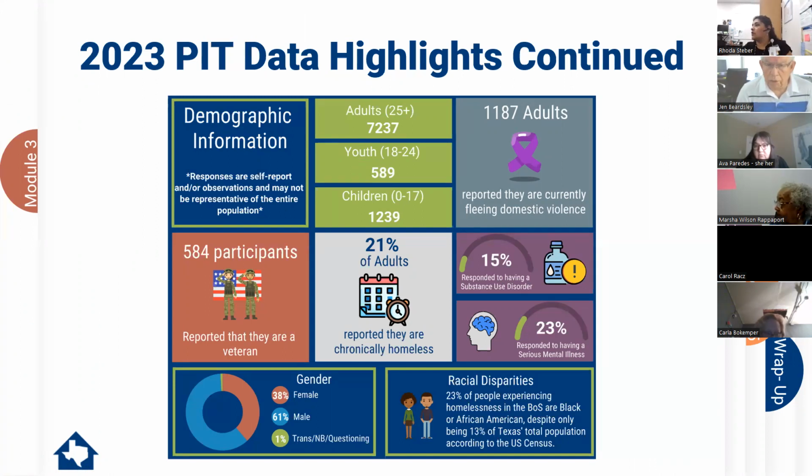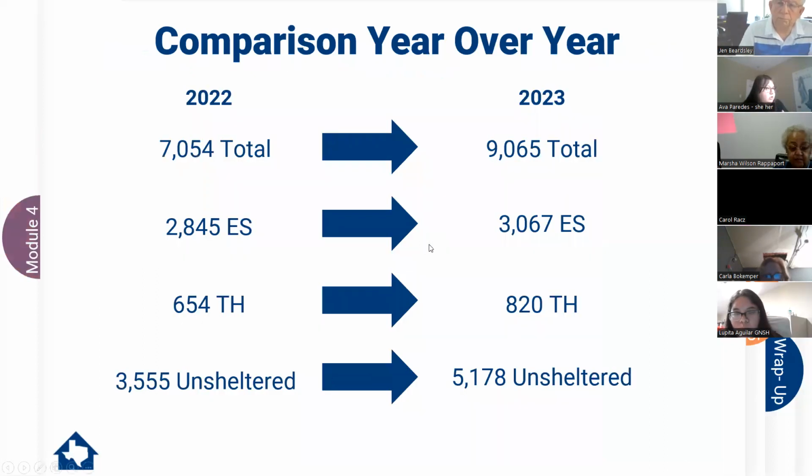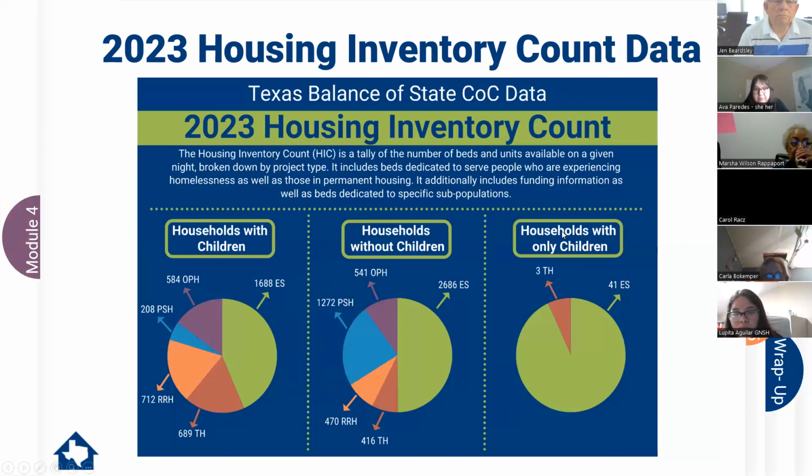But are these children in shelters, or where are these children when they're counted? So in this particular statistic, the 1,239 people that we counted as children, this number is a combined total of both the sheltered and unsheltered. In our PIT reports, we give a breakdown of different household types, whether they are sheltered, unsheltered, families, or even, like the statistic we mentioned earlier in the housing inventory count, households with only children. This is broken down, but in that particular statistic, it's combined.